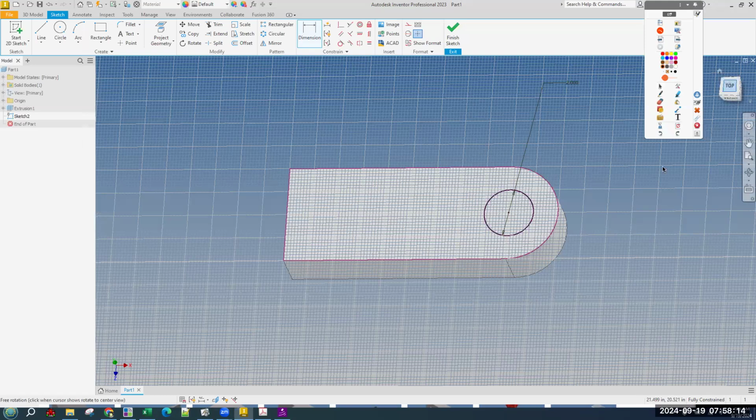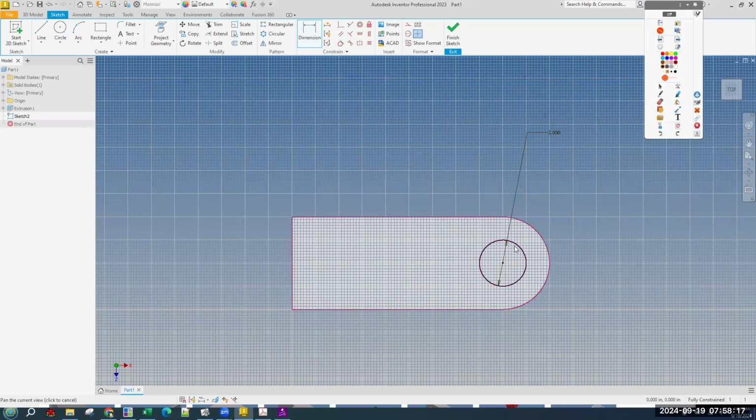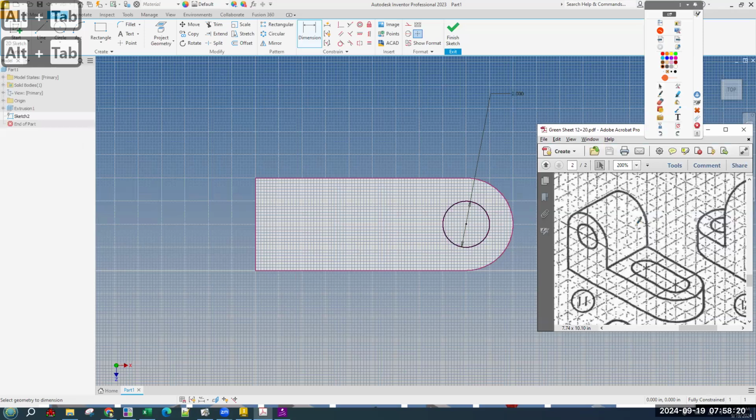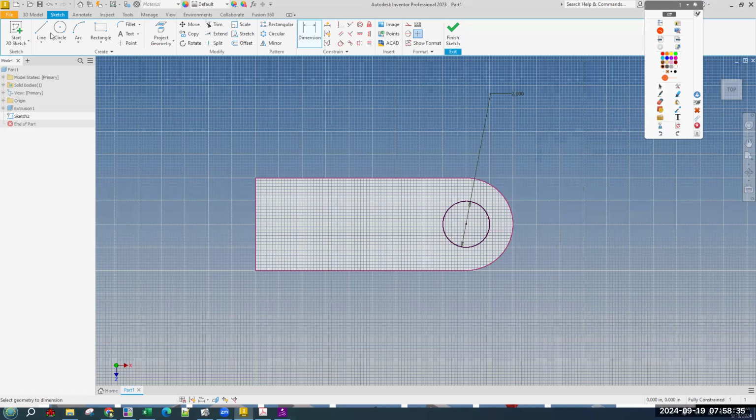Okay. And then we have another to do the other side. We're doing the same thing, but we need to know the center point. The center point is straight over a distance of 3. So I could use a work point and dimension its distance and everything. It's kind of faster to just use a line. First click and snap it to horizontal, so that it's going the right direction. We can dimension this to 3. And the only point of this is just sort of a construction line for the sake of